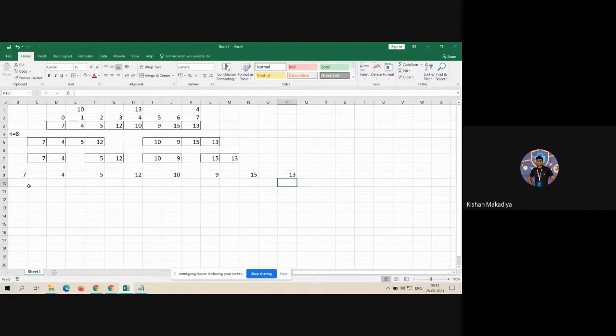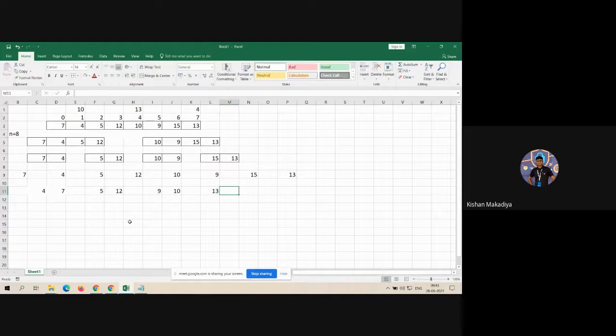Now we combine and compare. First compare 7 and 4. When you merge them, you get 4 and 7, because our main purpose is sorting, arranging in ascending order. Then 5 and 12, which stays 5 and 12. Then 10 and 9, giving 9 and 10.